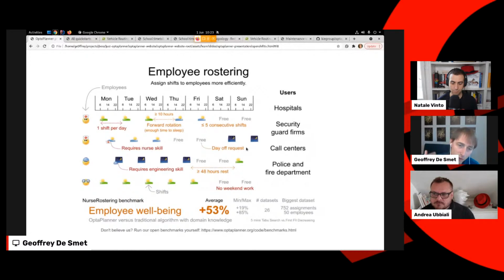And we reduce the number of rejections by more than 50%. So basically, they can say, yes, you get your day off request 50% more, right? So instead of having to reject it 10 times, you only have to reject it 5 times a week. And that matters, of course, because it increases employee retention and employee happiness, right?